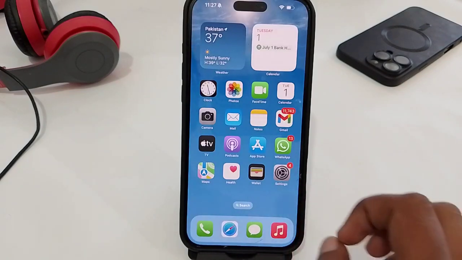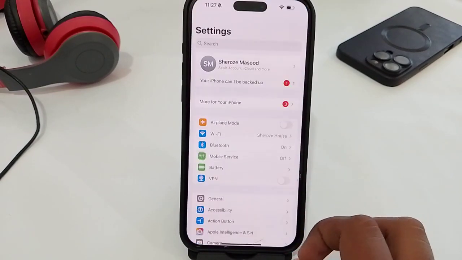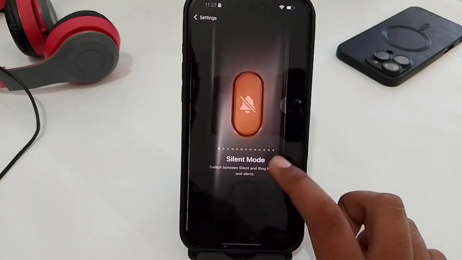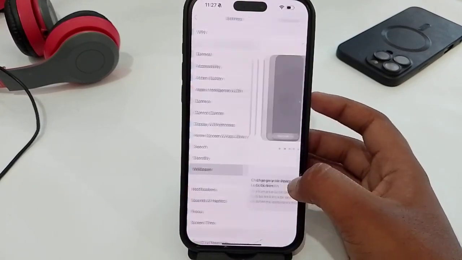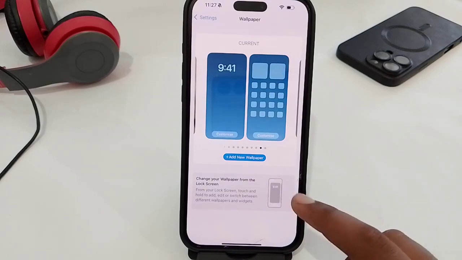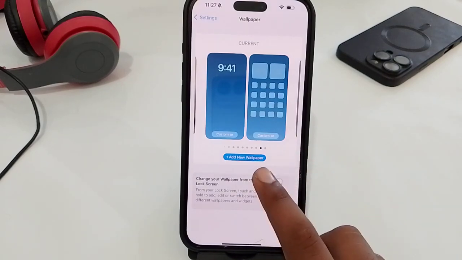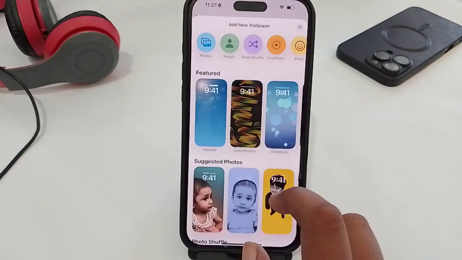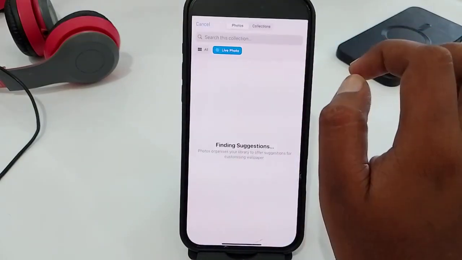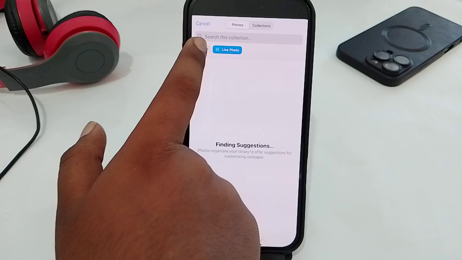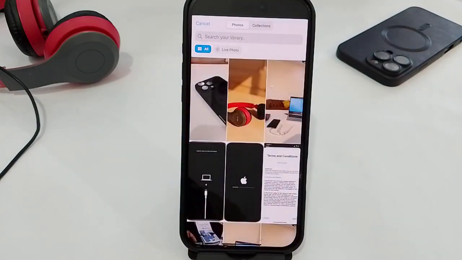Now go back, open your phone's settings, and here just scroll down and look for the option of wallpaper. Here tap on it, and here you will get another option which is add new wallpaper. Tap on it, and then select live photo, and after that choose all, and here you will get all of